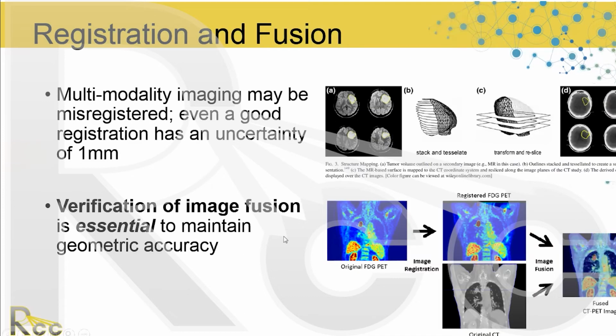I mentioned this again earlier: multimodality imaging, whether it's PET CT or CT MR, can be misregistered, and even a good registration has an uncertainty of about 1 millimeter. So knowing and being sure that this is done properly is really essential. Verifying these things and keeping your eyes open is a big part of the prospective quality control. You're looking at where errors could occur